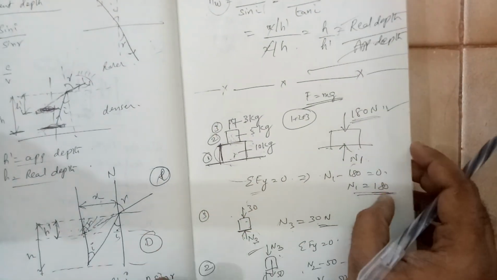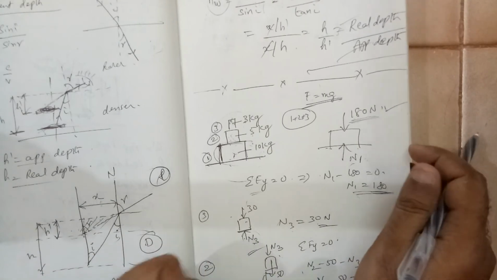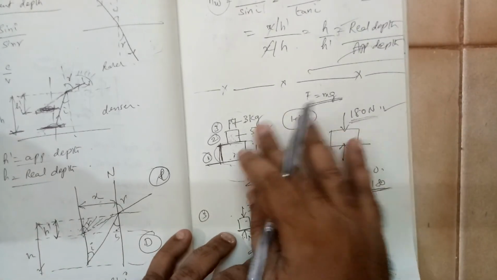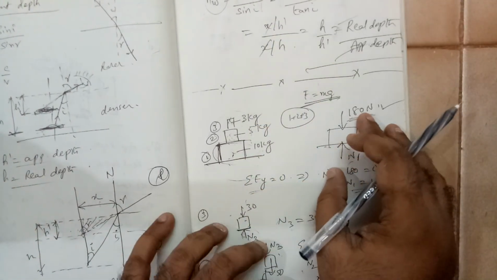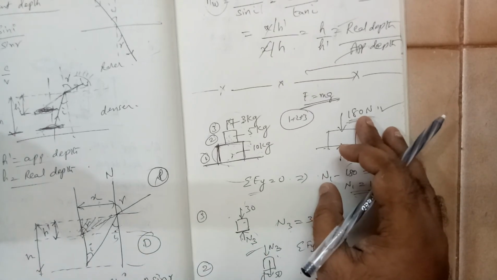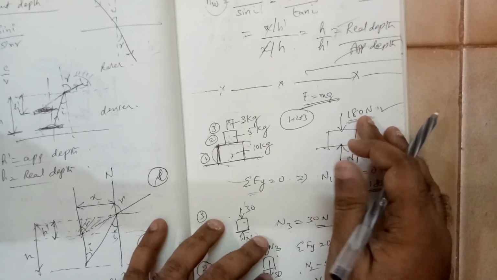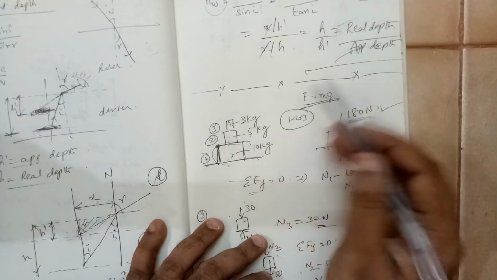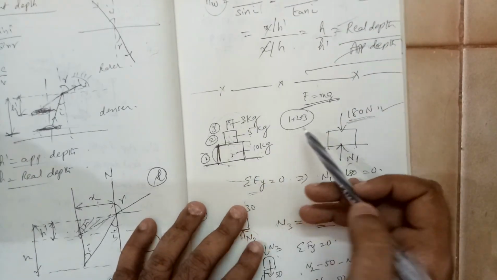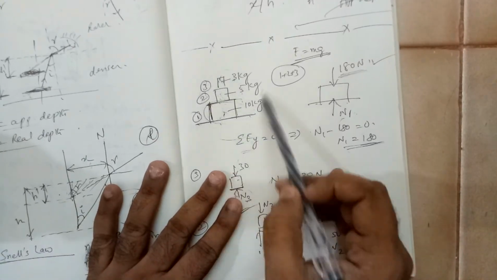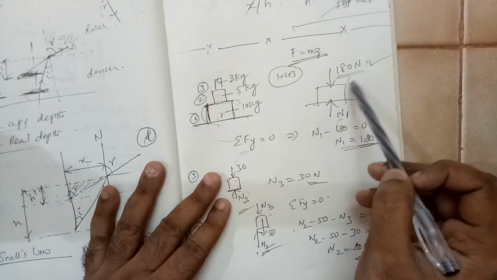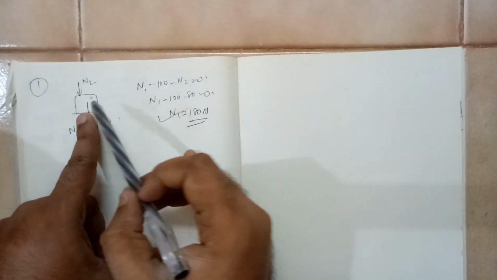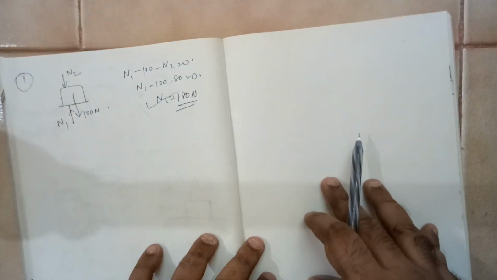So draw the free body diagrams correctly and you will get the correct answers. This is a simple example of how to draw free body diagrams and get individual contact reactions. These are contact reactions. When the whole system is acting together, they are not visible. But when you isolate them, you have to draw them. When I drew all three together, I did not write N2, N3. But when I isolated a block, I had to write N2. Please make a note of this point.